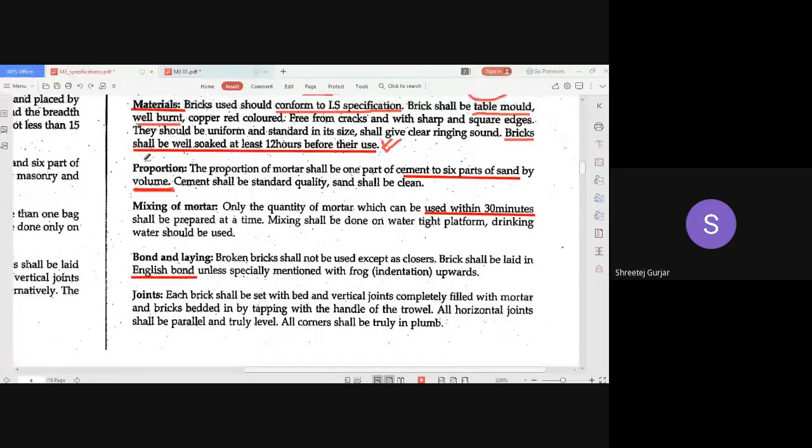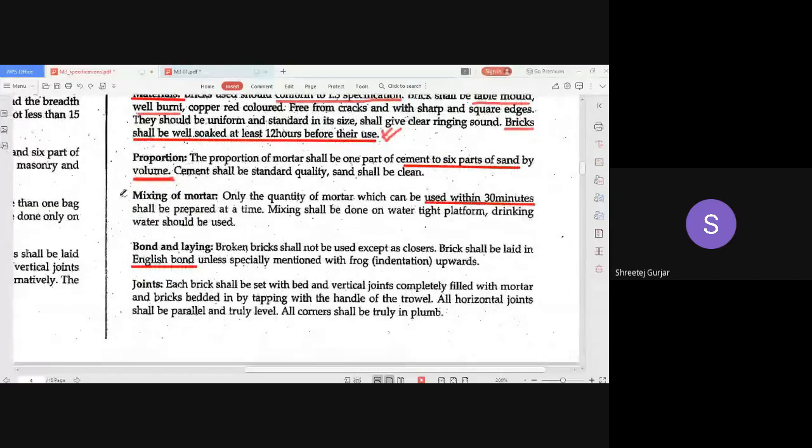Next, after your materials are done, as I've told you, we have to write regarding proportion, mixing, and workmanship. What is to be done in mixing? We have to properly mix. You have to say it has to be mixed and used within 30 minutes. The mortar has to be used within 30 minutes, which is the initial setting time of your cement.